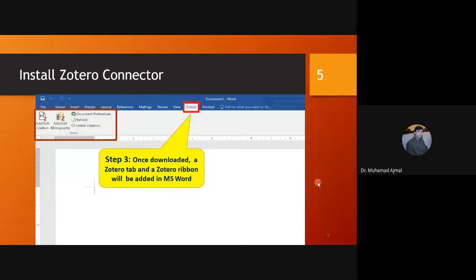Next, one thing you must keep in mind when you are installing this tool: switch off all your Microsoft Office tools, meaning software like MS Word, Microsoft Excel, and PowerPoint. They should be kept off. Just close all of them if they are already open, and then download and install Zotero first,